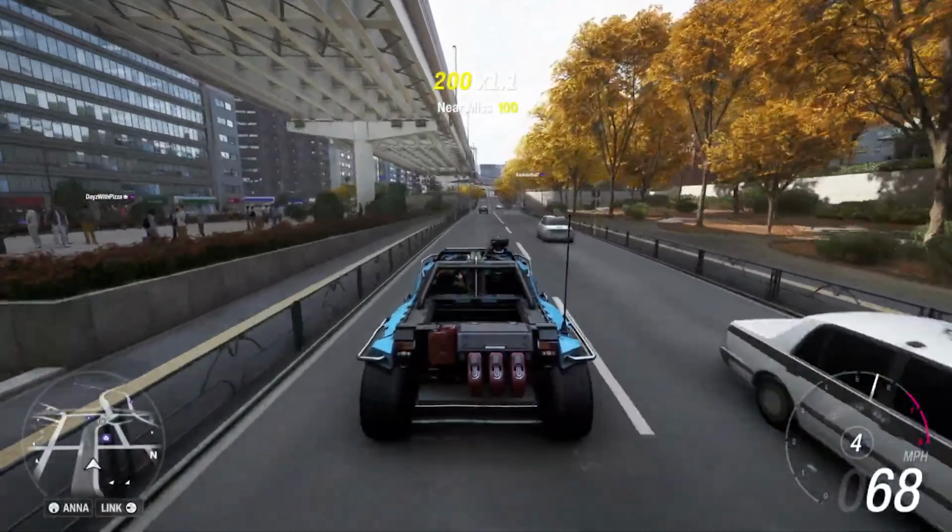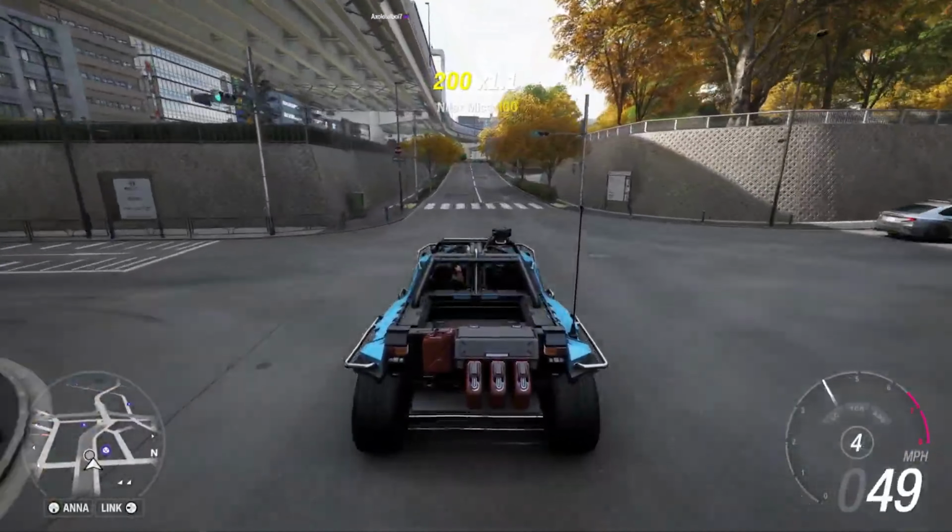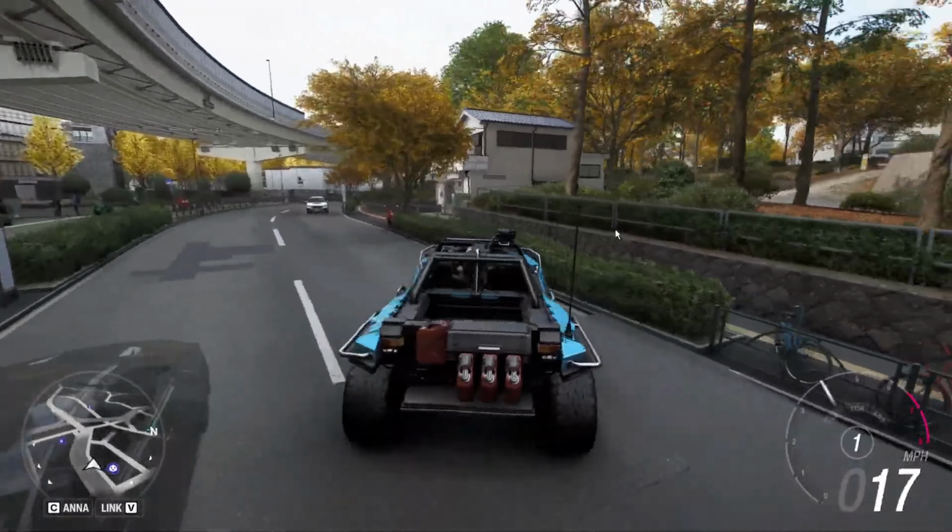Now, to rotate your camera with your mouse here in Forza Horizon 6, you just have to press and hold the right mouse button while driving, just like so. When you press and hold that button, you'll be able to rotate fully, and it actually ends up looking pretty good as well. You can use your mouse to look around the car, change the camera angle, and do so